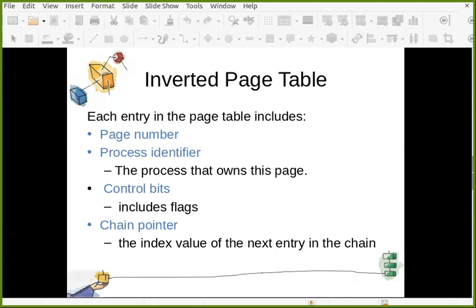With the process ID. So page number plus process ID is like your primary key. Page number is there, process ID is there, control bits are there, which include some flags, and then the chain pointer. This is the important part: the index value of the next entry in the chain.